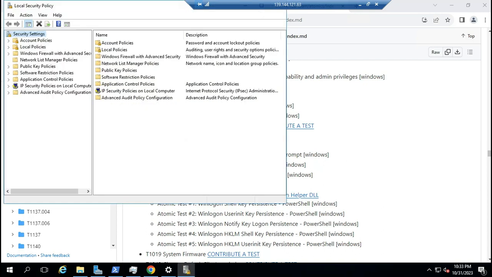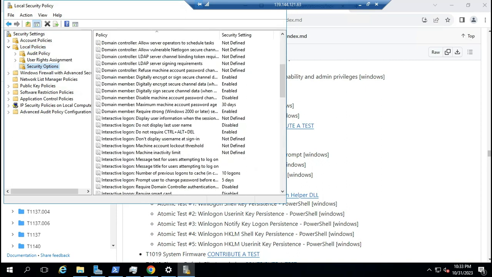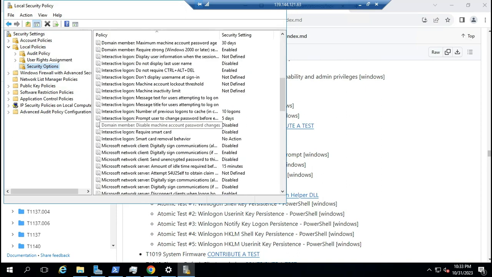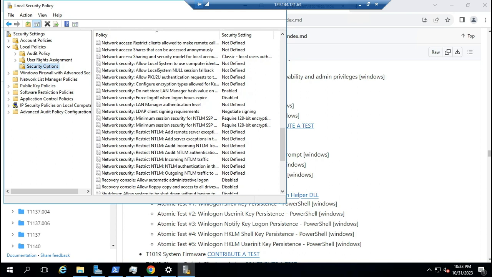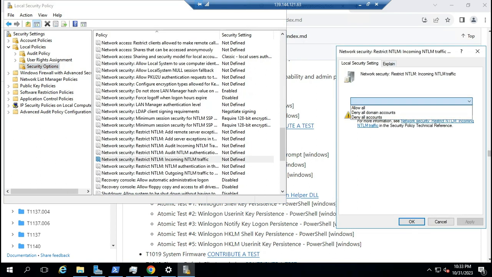Okay, we go to local policies and then security options, and then we go to the network access setting on incoming anonymous traffic. Okay, just deny all accounts, apply, yes. Okay,